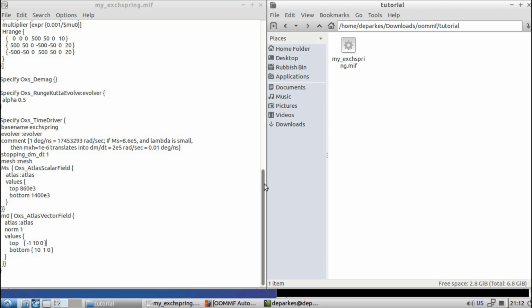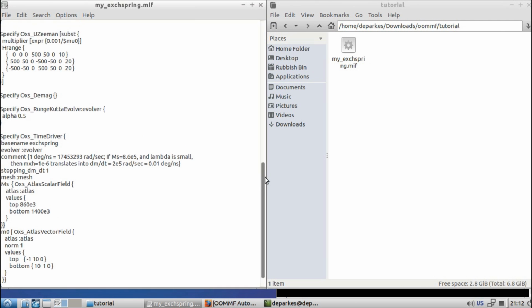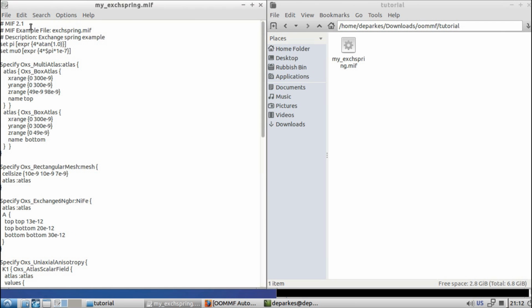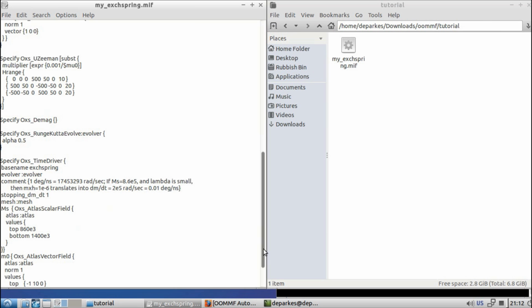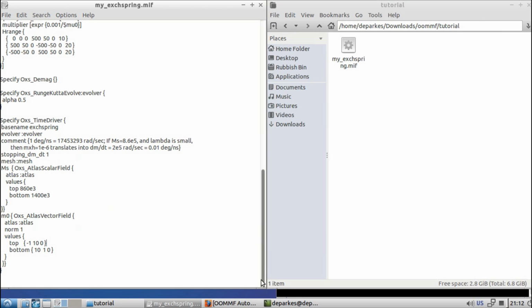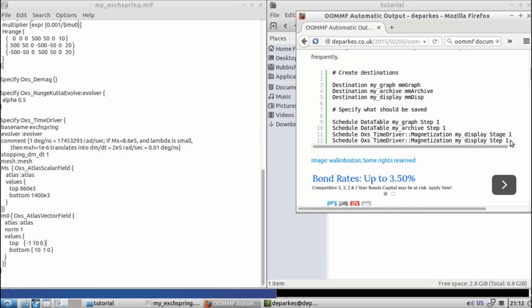So what I've done is I've saved my own copy of this example, just because I'm going to be editing it, so I don't want to lose the original. I've saved that in this folder called tutorial, and this is pretty much the same as the Exchange Spring standard example. To automate the display and saving, I'm going to copy in a few lines, and these are just standard lines that you can use in any of your